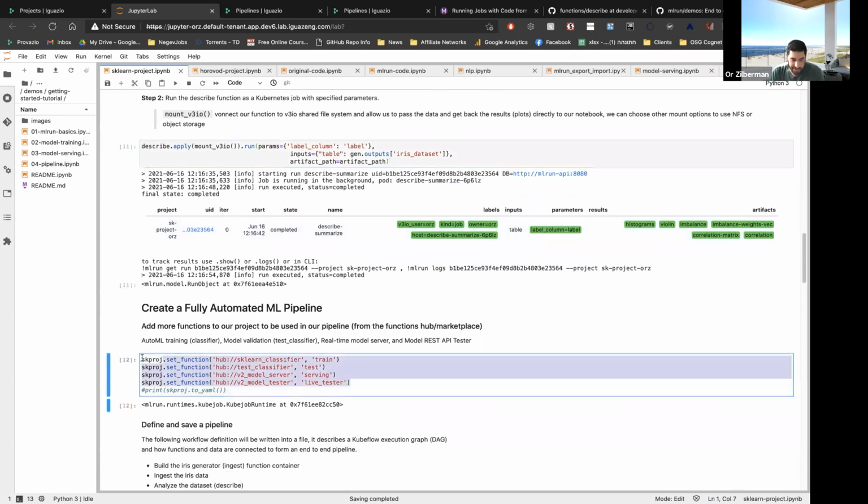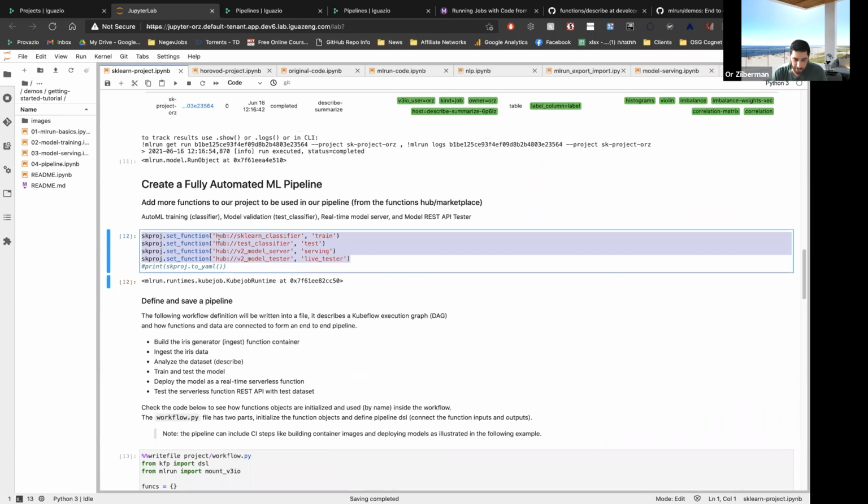Now we can add all the other functions that we need for projects also from our hub. So we have the sklearn classifier, which is essentially a function that, given a data set and the labels, will train the model. A test classifier to test our performance, and then we're going to deploy our model into production and create an